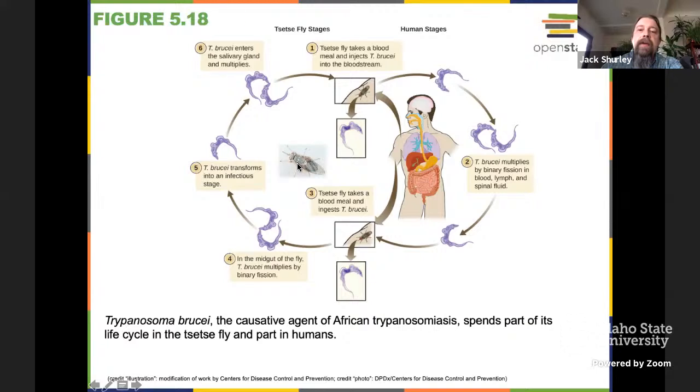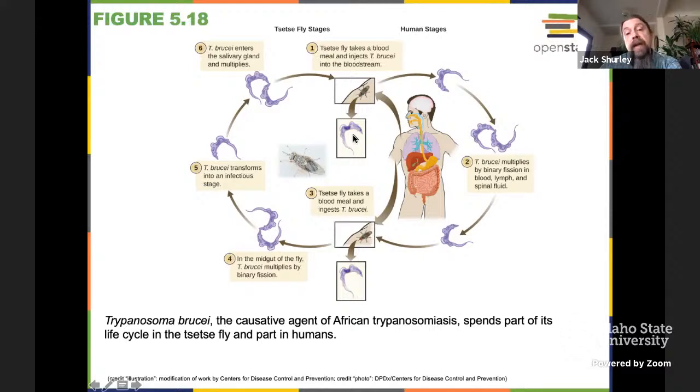The tsetse fly right here is what is going to transmit it to humans as it takes a blood meal. It injects the parasite with its saliva into us. And there are a handful of different types of developmental stages. Again, we're not going to go through that, but a stage within the human that's infective to the fly, multiple stages of development inside of the fly, moving up into the salivary gland of the fly, and becoming the infective